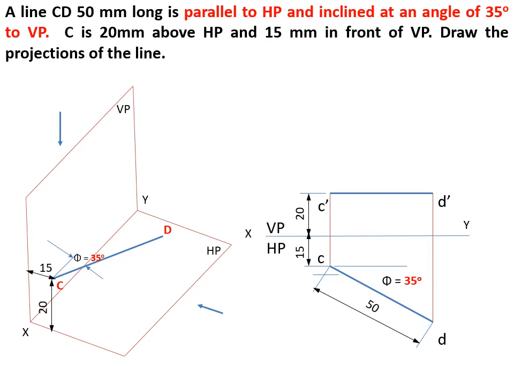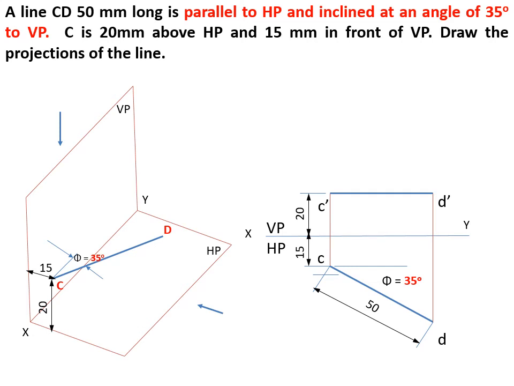Once again, I repeat, this extension line and the projection line inclination should be 90 degrees. Even if I measure this 50 mm, the dimension line should have a length equal to the projection line. The projection line length is 50 mm, so this dimension line should be 50 mm. You have to ensure this extension line makes an angle of 90 degrees with this projection line.